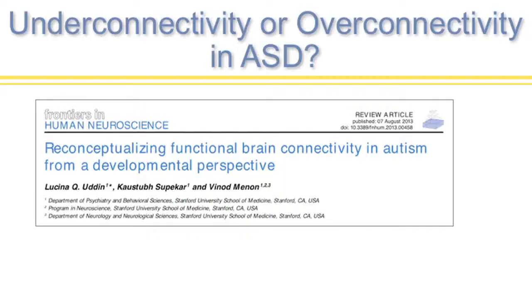a few months earlier published another review article where they started tackling this issue that there were now enough reports finding overconnectivity in the autistic brain that we really had to start trying to integrate and make sense of these findings. What they proposed, by comparing the findings across studies, is that taking a developmental perspective could perhaps help make sense, because what they noticed is that most of the studies that found underconnectivity were looking at an adult brain, whereas the studies that found the